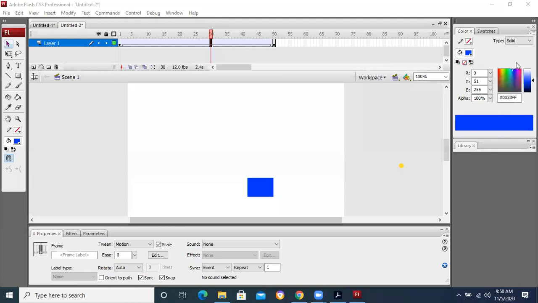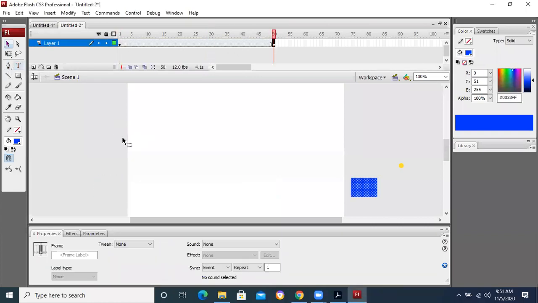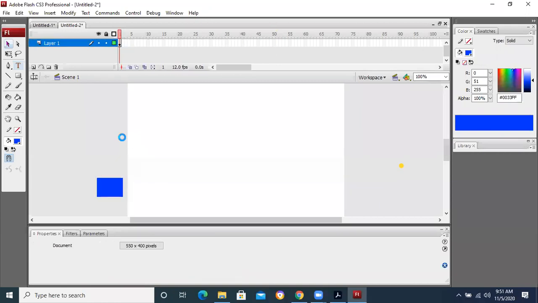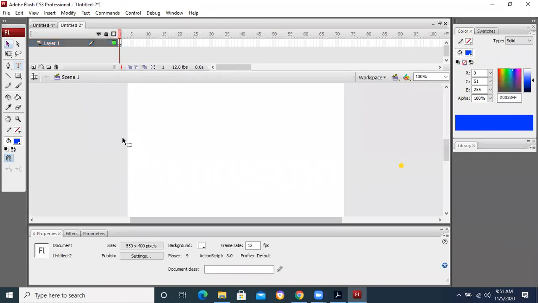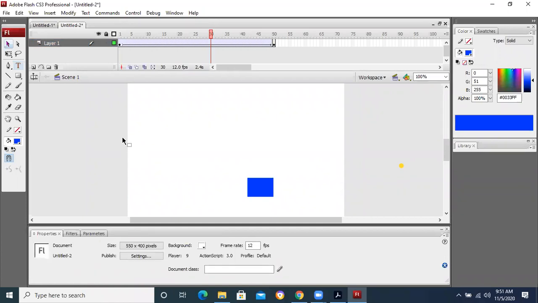Sir, I wanted to ask, if we have done something wrong by mistake, can we undo it? Yes, the undo command works over here. Just like I have created the tween motion, Control Z, Control Z, Control Z, Control Z, Control Z. Now even the rectangle has gone. We have come to the basic position. Control Y, Control Y, Control Y, Control Y. All the jobs are done again. It is working. Okay, thank you.